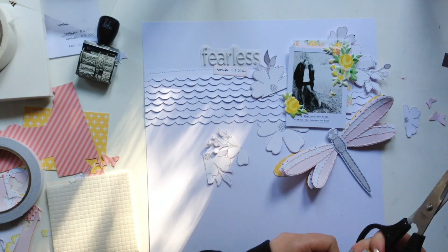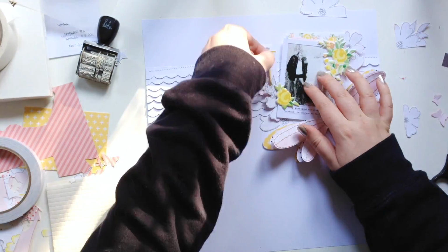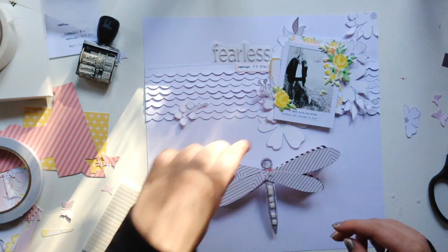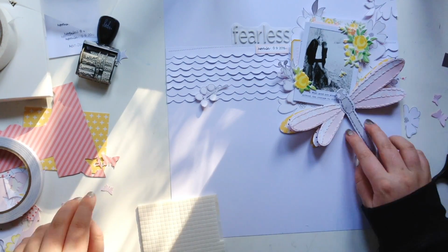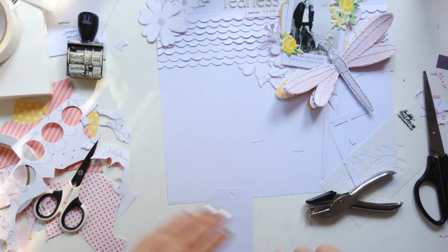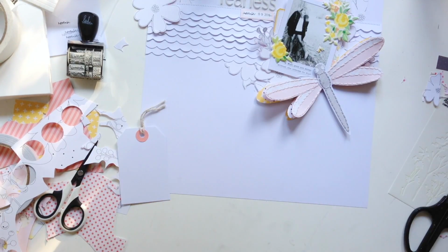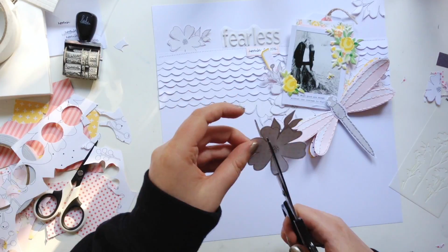I'm just layering everything, putting the day, stamping a few things. I love that Heidi Swap date stamp. It's just so nice. I haven't seen a date stamp that's as good as that one. Because it's got a blank bit for the year, so it will last forever, kind of. It'll last for the next like 100 years. So it's kind of timeless in that sense. Anyway,